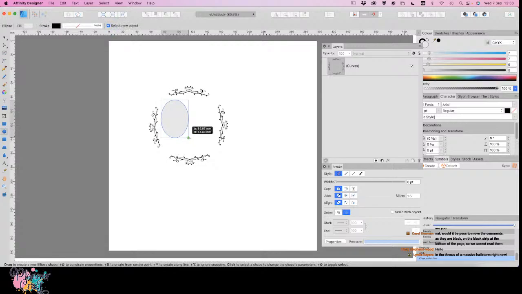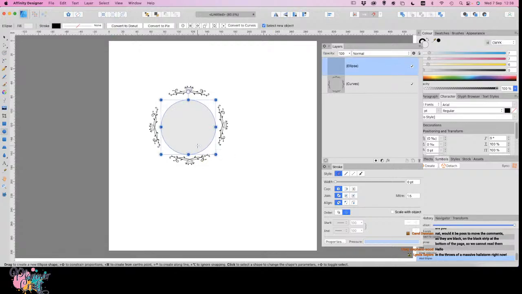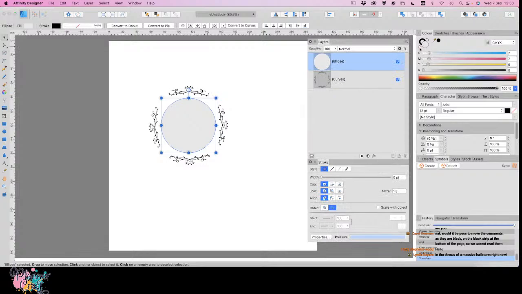Press and hold Shift. There we go. And it's going to give us our nice easy centre. And because we're doing a cut file, what I would recommend is rather than leaving that filled, we're going to set that filled to nothing. So just under the colour tab, you can see you've got this grey circle, and there's one that's a little one that's white with red line through it. Just do that. It's going to take the fill out,